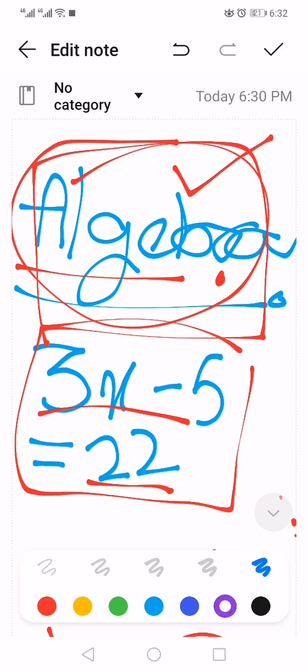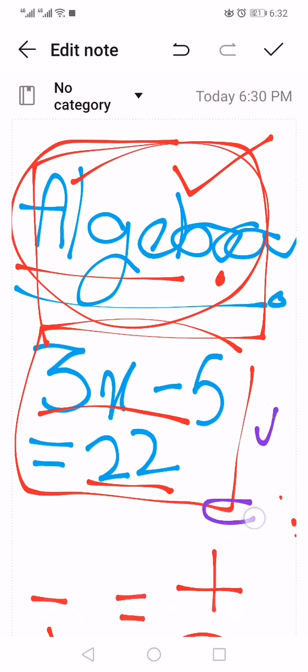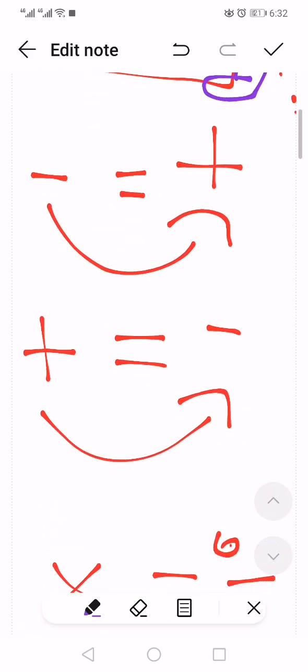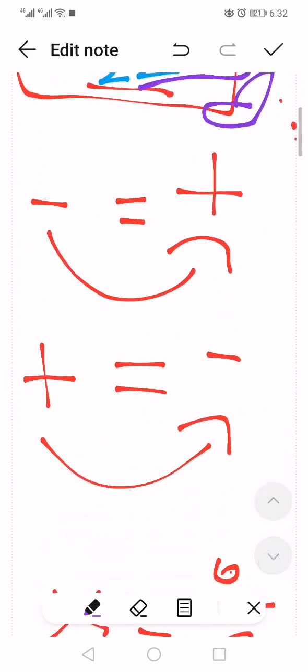Okay, so we're going to be using purple because you know purple. So 3x minus 5 is equal to 22. It seems hard, but it's not. But before solving it, there are some concepts which you should be knowing. For example,